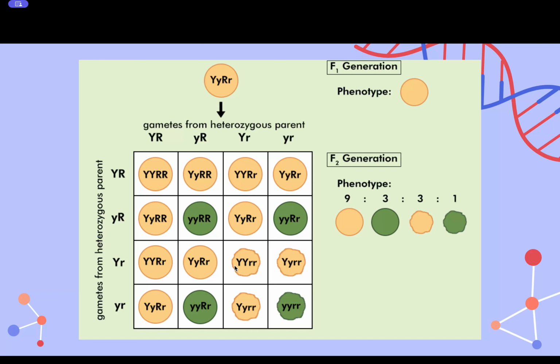So assuming that the formation means rough, and the normal circle means smooth, and the green means a green plant, and the yellow means a yellow plant, this will give you a 9:3:3:1, which is the famous Mendelian ratio for phenotypes. So this is not the genotypic ratio, it's actually the phenotypic ratio. If you think back to unit 3 where you learned about genotypes and phenotypes, just make sure that you know what the question is asking for, because if it asks for the genotypic ratio, it won't be 9:3:3:1. It'll actually be a much longer